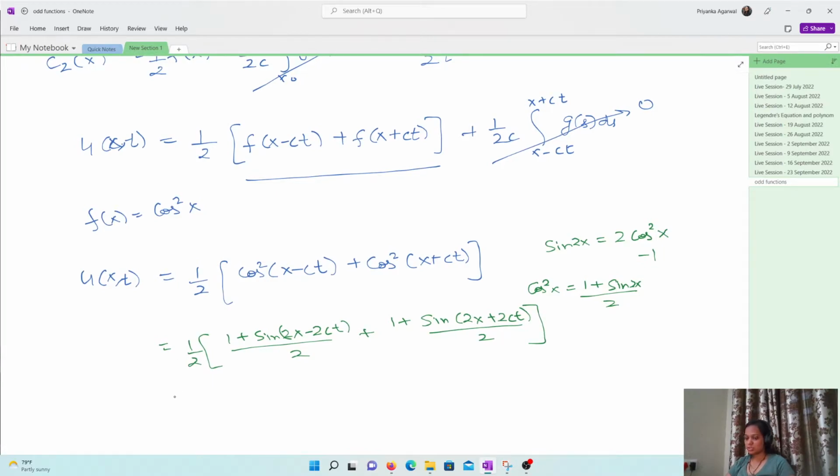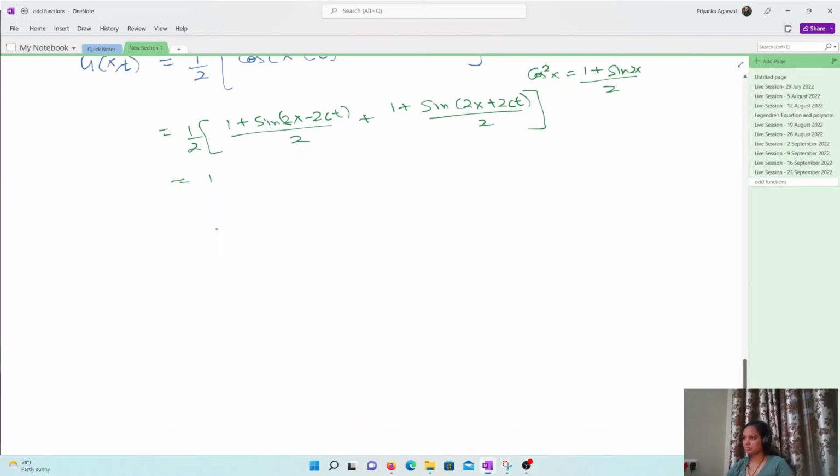So what does this become? Let's take 2 common. This becomes 1 by 4 [2 plus sin(2x minus 2ct) plus sin(2x plus 2ct)],